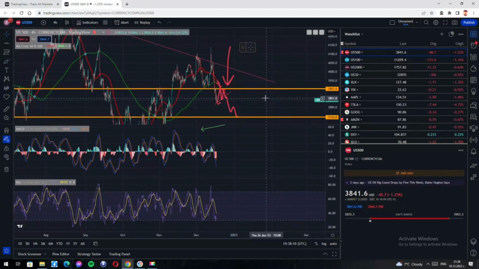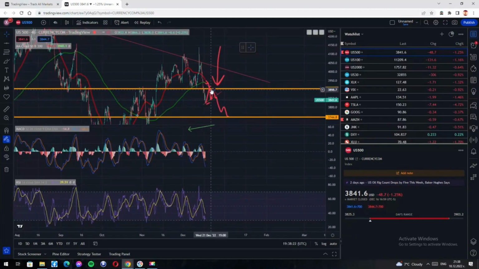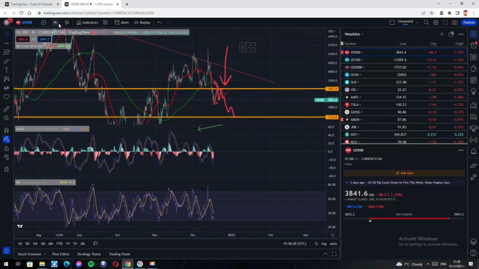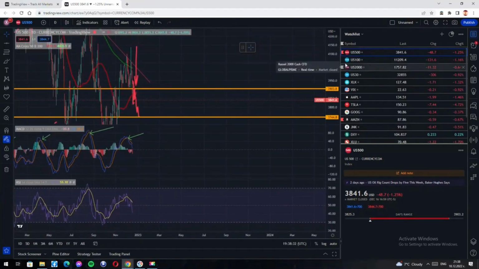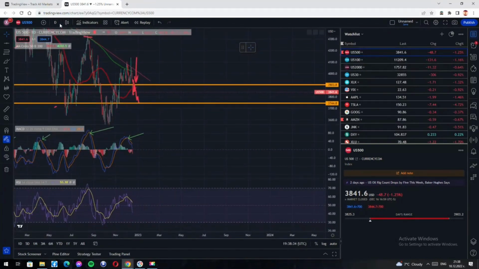So what will I do? I will get a long right here, just when the stock market opens on the Monday, I will be buying long, and I will be looking to exit the long position right around here and acquire more shorts. Then we'll see what happens. I will be doing daily day trading videos, so you can see me day trade it in real time.